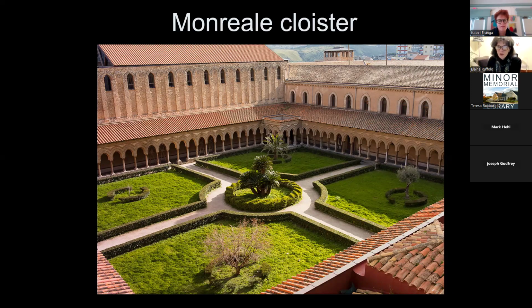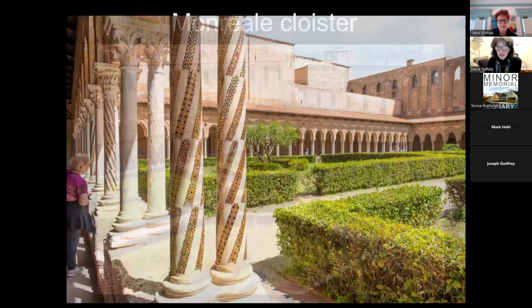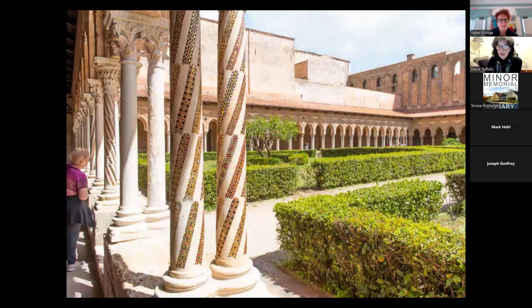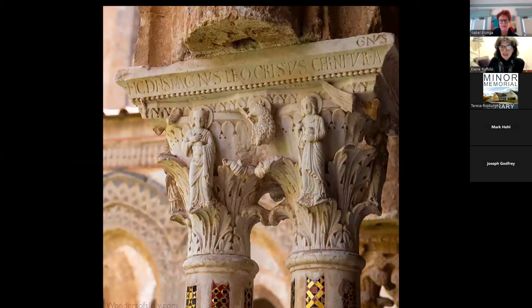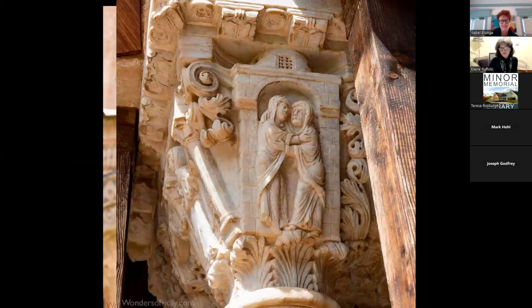And all around, you can see a series of arches with columns that have been sculpted and inlaid in beautiful mosaic. There are 228 columns, and at the top of the columns, you see these lovely, lovely capitals, which each have a different subject depicted in the capital, ranging from everything from the Old Testament to kind of a whimsical, profane subject matter. And Annunciation,